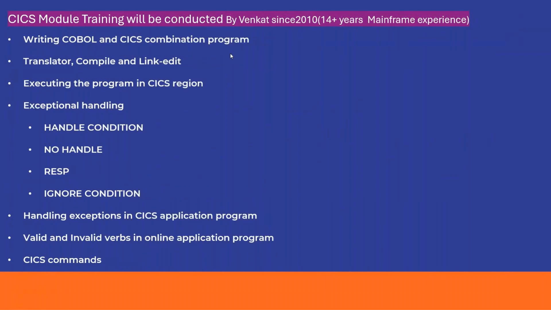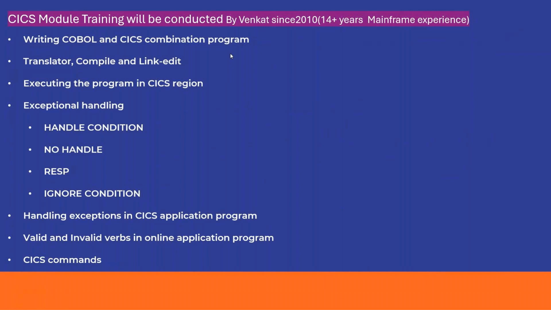Next, once we are done with all of them, the flow the way I am explaining now, the same flow our training will also follow. Once we are done with the map creation and execution, we will discuss 3 to 4 maps in our training, not a single map, because in a single attempt you don't understand. Anyone, okay? Because the keywords and things are a bit difficult. It is not that easy compared to COBOL. Though both are not competitors, it is not that straightforward to understand CICS.